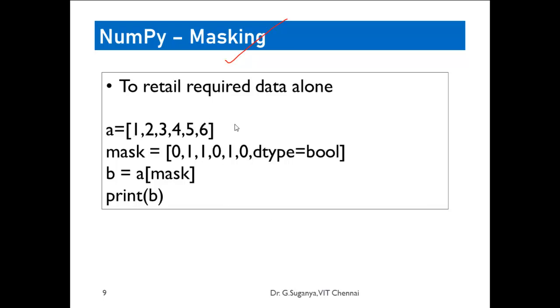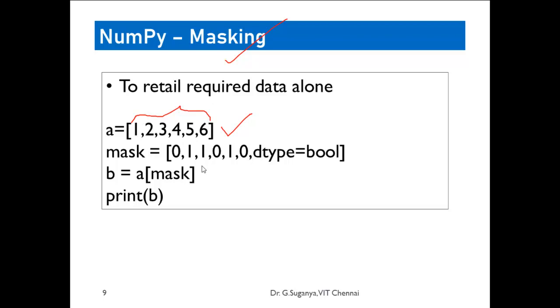Okay, so let me create one array A to create a mask. How to create a mask is that for the number of elements available, if you want a particular element to be present, you can include 1, or else it is 0. Now what I did is I have created a mask to state whether the number given in the array is a prime number or not. So I have left out 1. We don't want to get into that confusion. So I have placed 0.